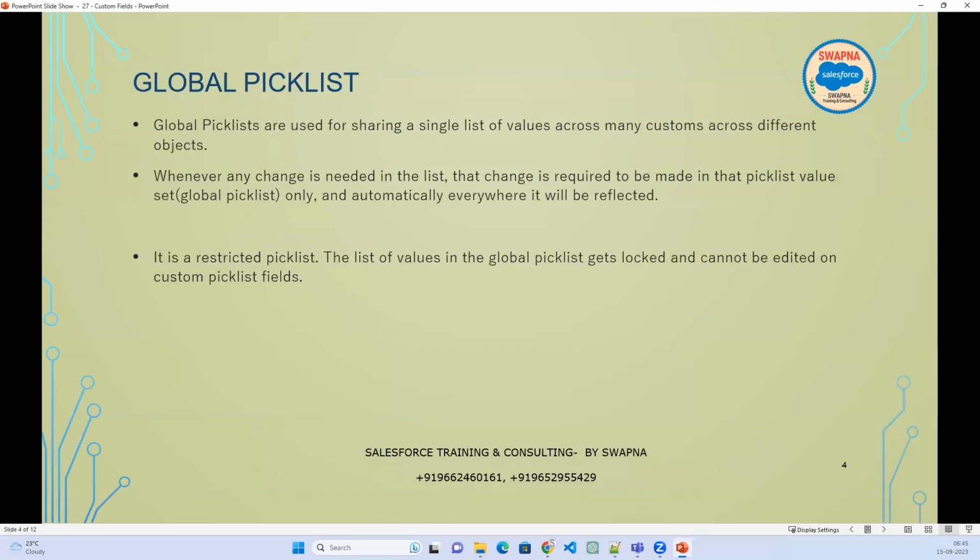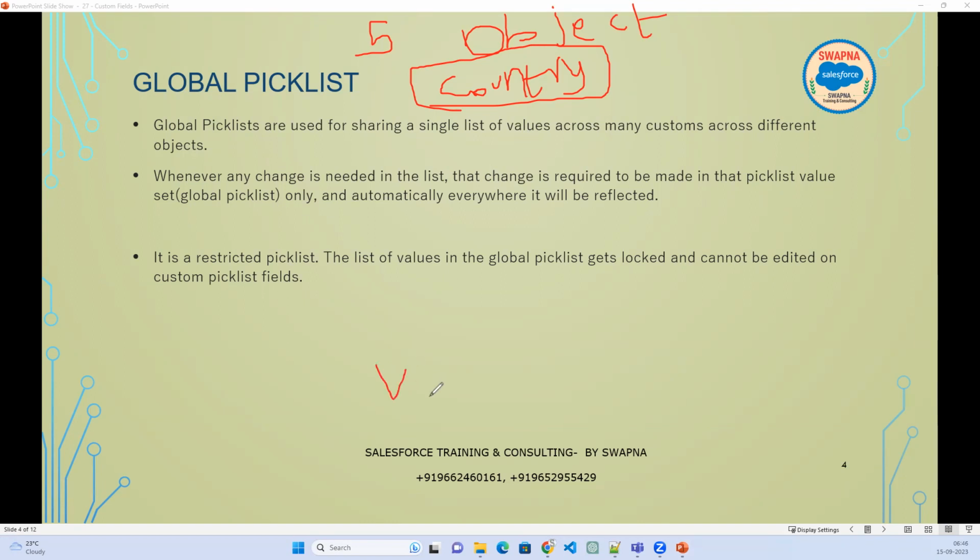And the next one, we have a global pick list. Now, global pick lists are basically, assume that you have 5 objects. In 5 objects, you have a pick list field which is called country. Now, country pick list field values are common for all the objects. These values are common for every object. Instead of entering the values in every picklist field,